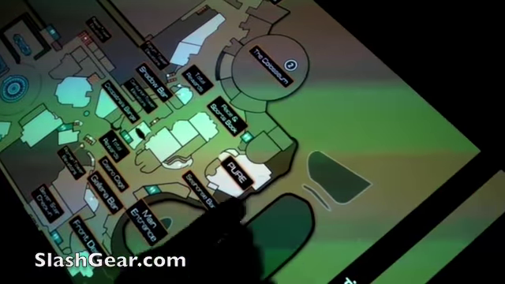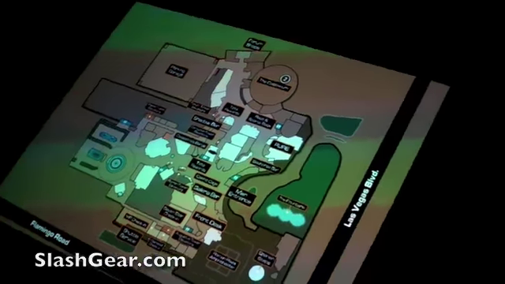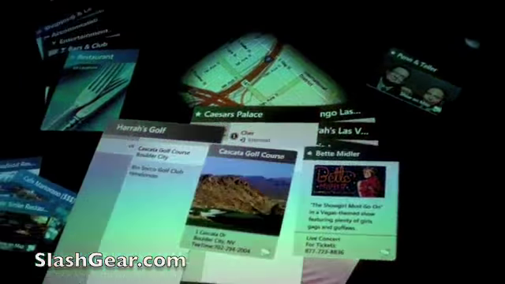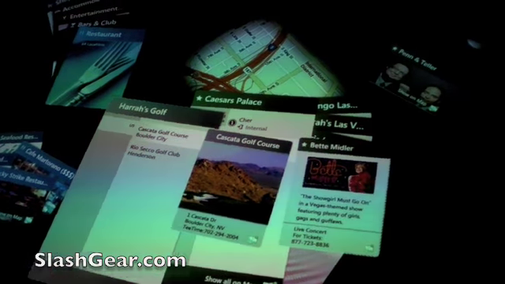And just like you could with Virtual Earth, these maps are fully manipulable, so you can twist them, turn them, resize them to get at the information that you're interested in. And go back and continue to explore the different types of activities that are available to me. So really it's kind of an exploration of event planning, right? You want to sit down and say, where should we eat, what show should we see afterwards, and how do we get there, and where do we go? This is your virtual concierge to help you find that information and make those decisions, and make it kind of social and entertaining, engaging at the same time.